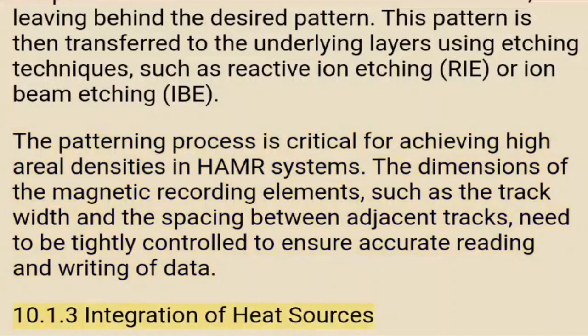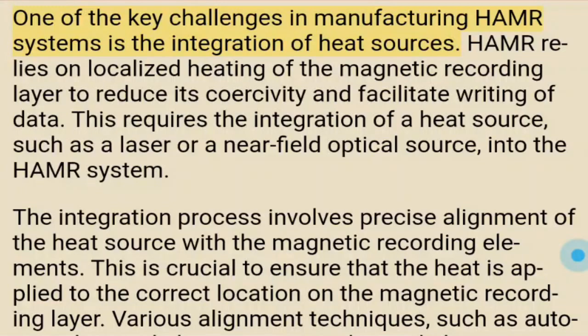10.1.3 Integration of heat sources. One of the key challenges in manufacturing HAMR systems is the integration of heat sources. HAMR relies on localized heating of the magnetic recording layer to reduce its coercivity and facilitate writing of data. This requires the integration of a heat source, such as a laser or a near-field optical source, into the HAMR